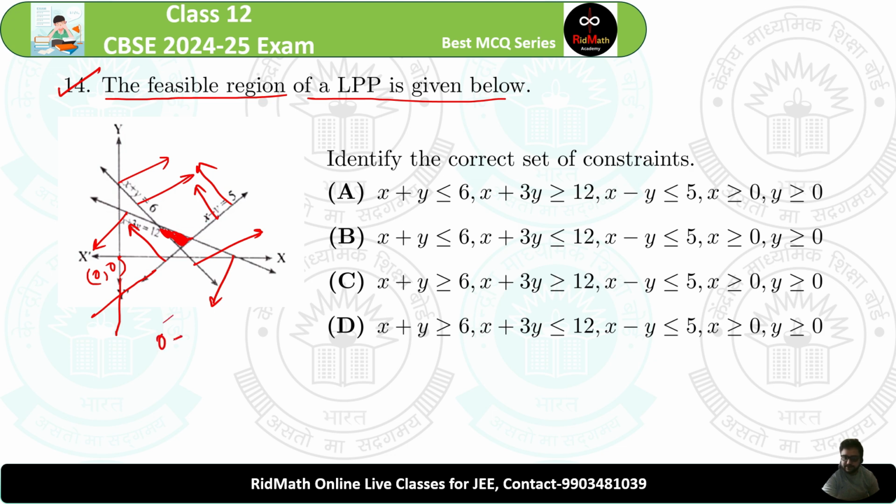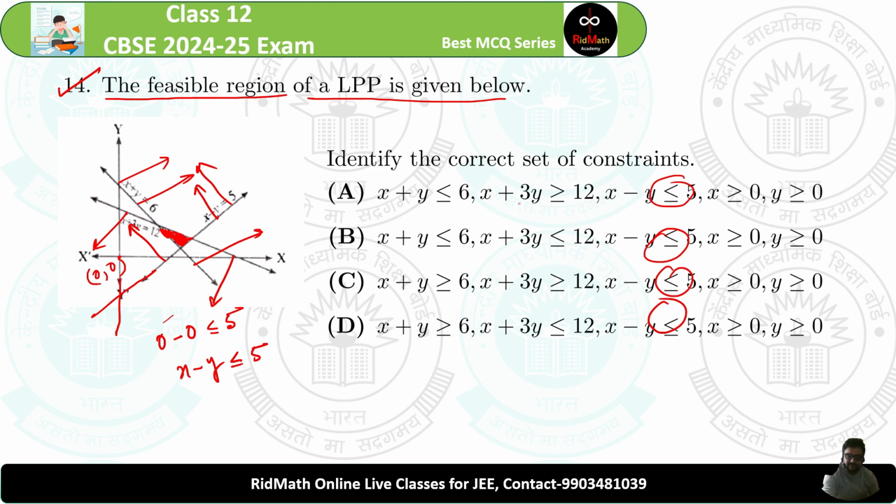So that means 0 minus 0 is less than or equal to 5. That means x minus y is less than 5. So for this, all are x minus y less than 5. Okay,